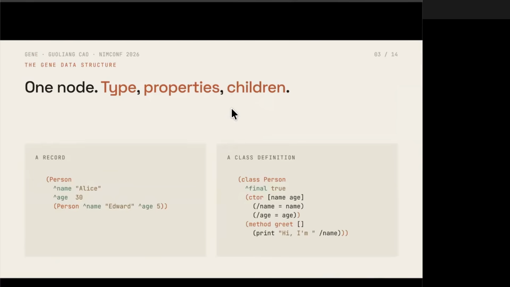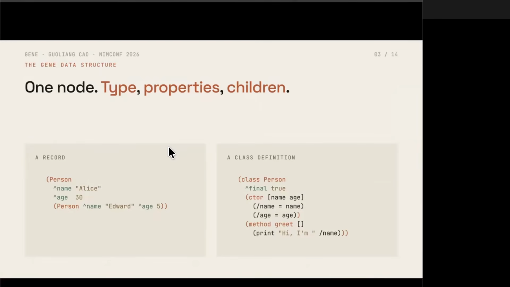So here is the Guoliang data structure. It's just one node with type, properties, and children, and it's the core of the language. We can see two snippets here. On the left side is a data record. On the right side is code, a class definition. They take the same